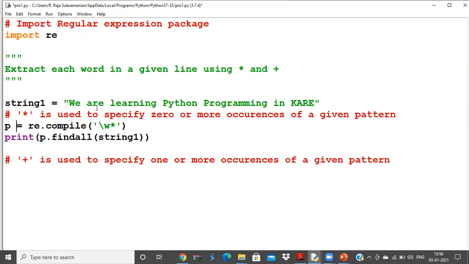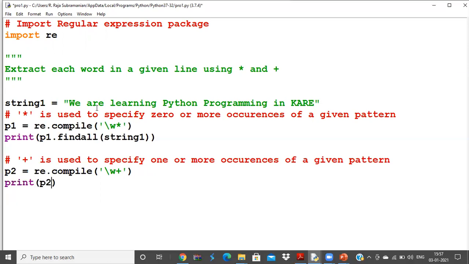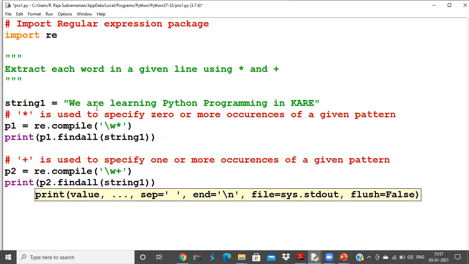Let us have this as p1, and we are going to have another pattern here. p2 is going to be re.compile of \w plus. Now the space, that is an empty string, will not be taken into consideration. Why? Because it says one or more occurrences, and zero occurrences is not considered. So I say p2.findall of string1, the same string1 I'm taking.